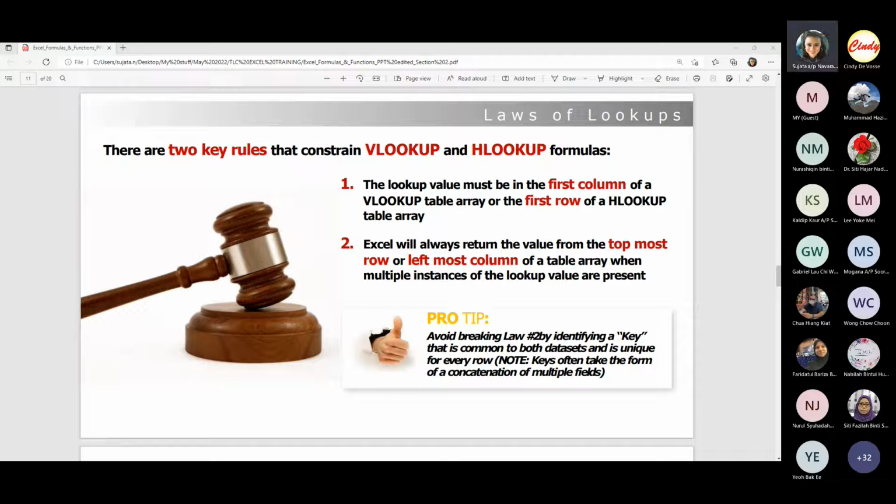The second rule is that Excel will always return the value from the topmost row, if you are doing a VLOOKUP on the leftmost column, or the leftmost column if you are doing an HLOOKUP, if multiple instances of your lookup value are present. This is a very, very important distinction to make. If I go back to my VLOOKUP example, for instance, if I'm looking at the value t-shirt in the lookup array,